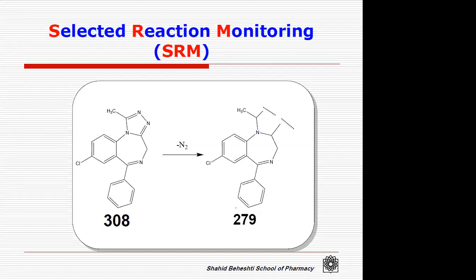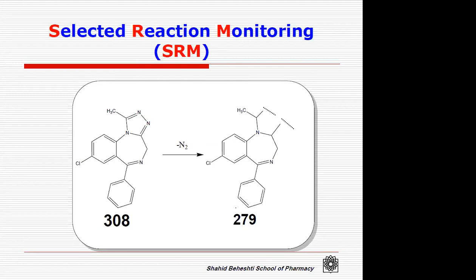We use this specific type of transformation to monitor this compound. And even if we have other molecules together with this molecule, the mass spectrometer is able to just monitor this process,